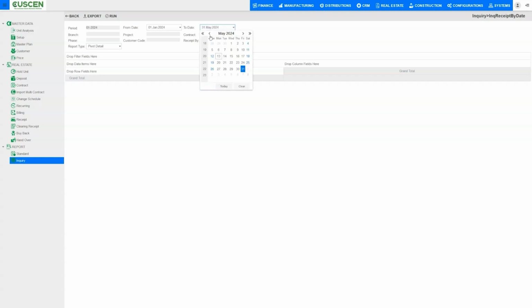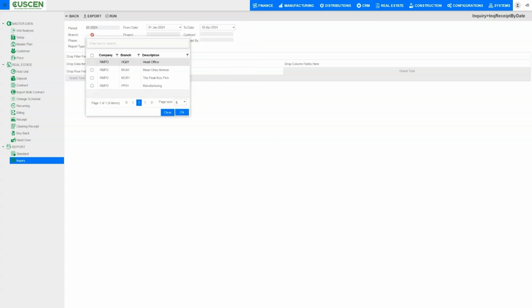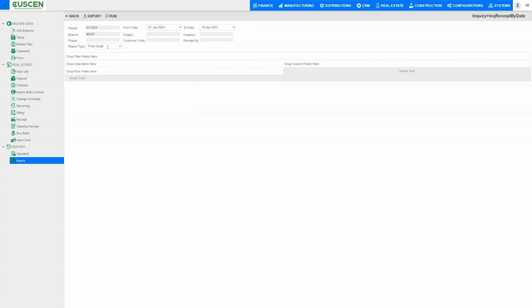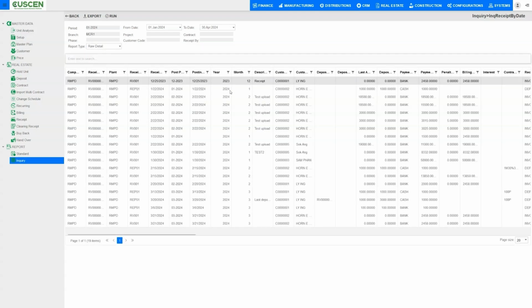Change it to date as well. The branch. Let's go to all detail. Let's run it. Here we can see the details of the receipt by day report. Moving back to the main list,